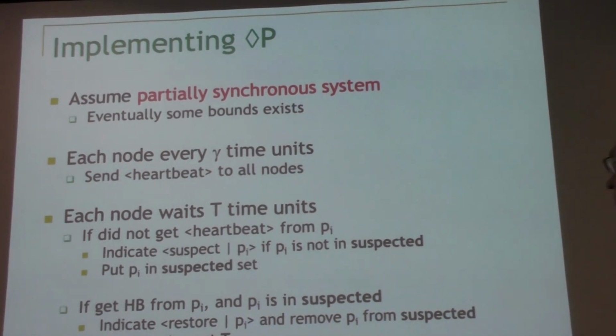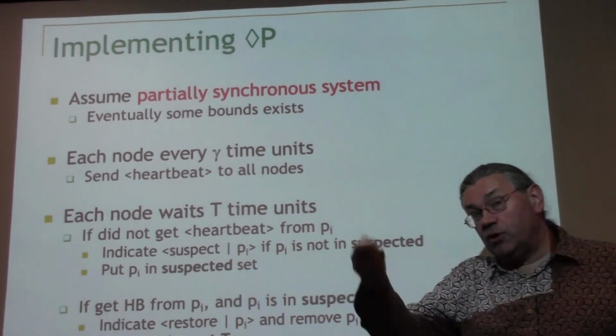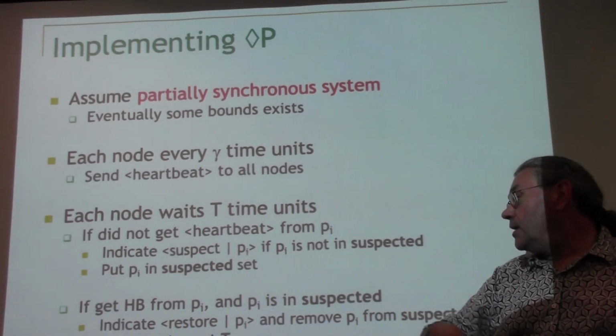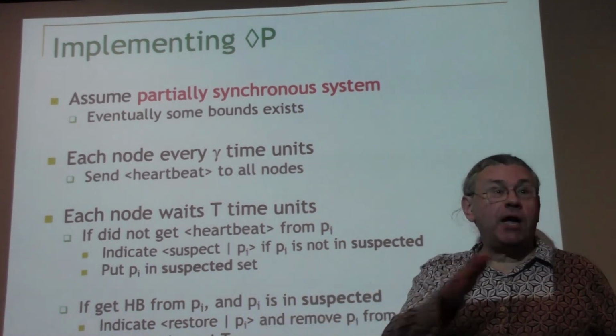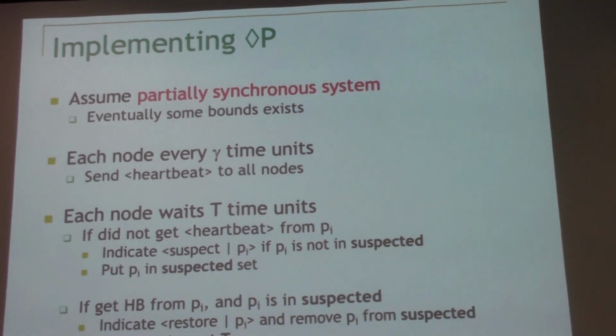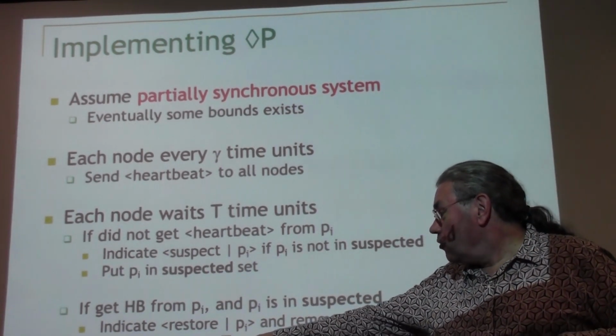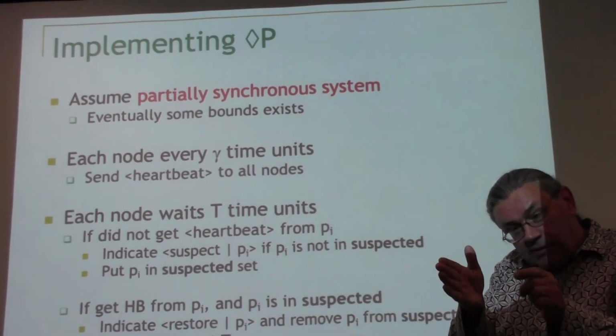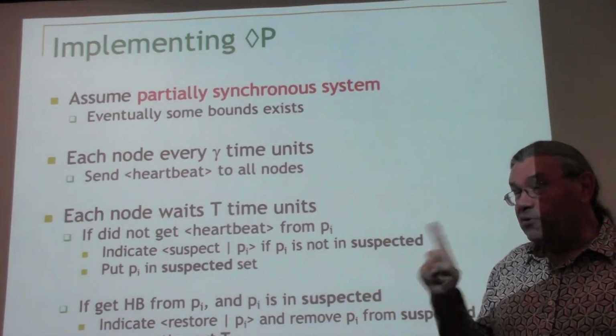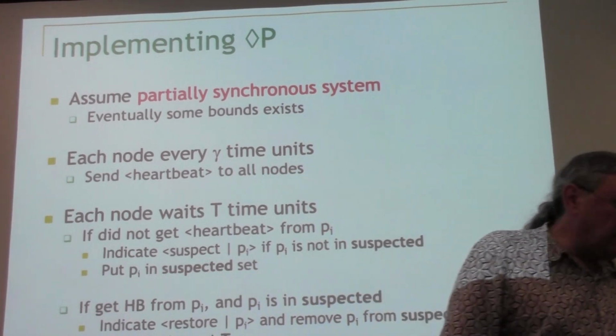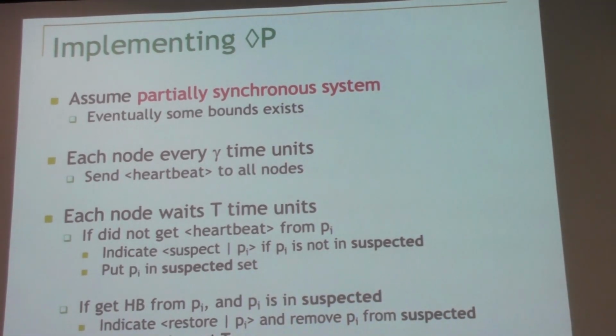Okay, this increase has to satisfy a certain property. If you increase repeatedly, the timeout has to become greater than any fixed bound. Zeno the philosopher could be very smart and you're only increasing the timeout, but always by a smaller amount. No. You have to increase it so that it eventually will get bigger than any finite number.